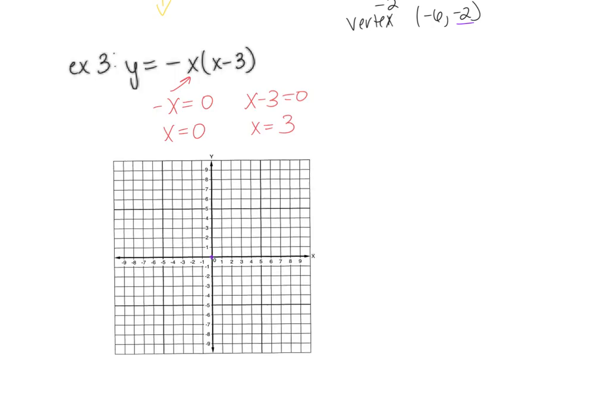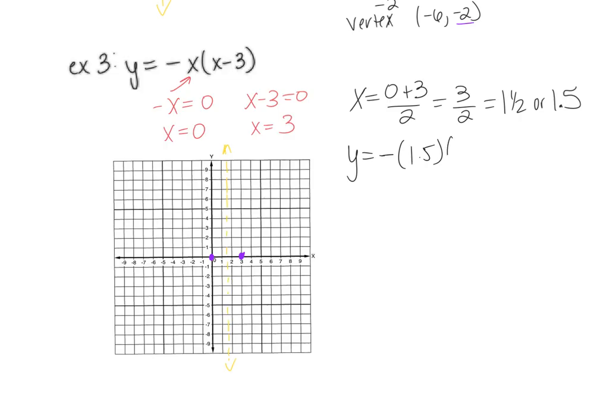And so we're going to put that on our graph like we did before, 0 and 3. Now halfway looks to me like it's between the 1 and the 2, at 1.5. So let's check it. x is equal to 0 plus 3 divided by 2. 3 divided by 2 is 1.5, or 3/2, however you like to write it. So then I'm going to plug it in to find my y value. y is -1.5 times (1.5 minus 3). And that's -1.5 times -1.5, which gives me a positive